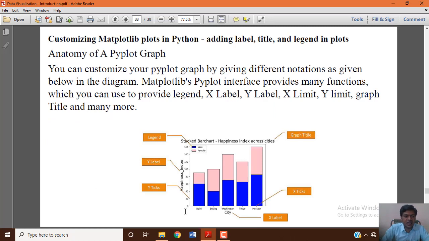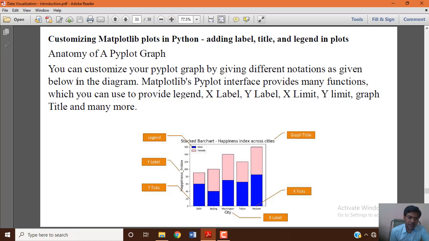Now another topic is customizing the pie plot interface. How can we customize it, and what are the things you can do here? Adding labels to your x-axis and y-axis, giving the title of your image and a legend and displaying that legend, the different colors we use for different bars in plots, and in the same way the limits of the x-axis and y-axis, the range of values within the x-axis as well as within the y-axis.